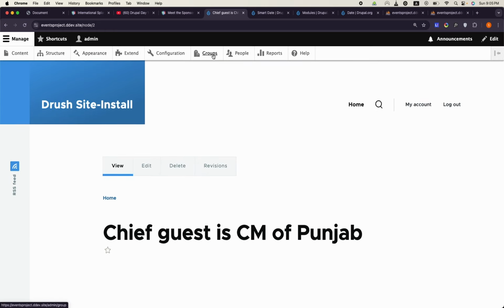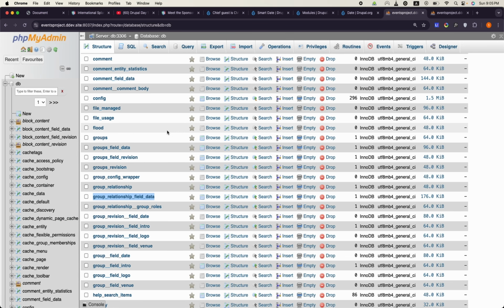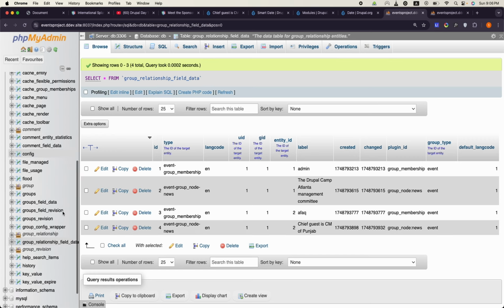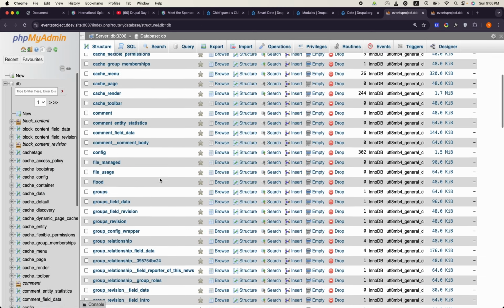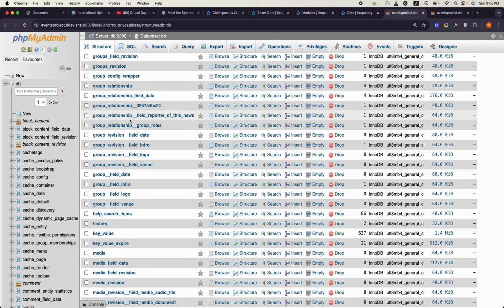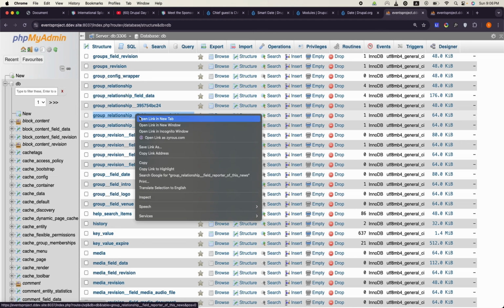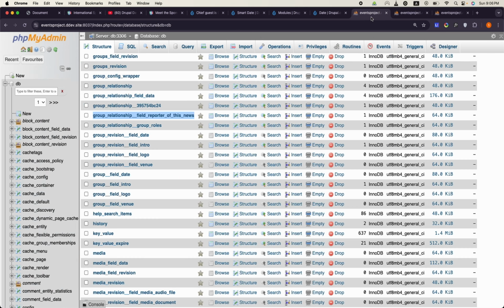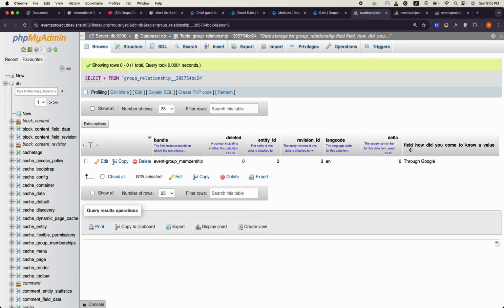So right now we added two extra fields to two separate types, and if we come to the field data, we have the relationship now, but the information is not here at the moment. The label is there, the entity label is there, but the fields are not there. So where will be the fields? Just like any entity in Drupal, it will create a separate table. So these are those two fields. This one, group relationship field, reporter of this news. So this is that field, and the other information is this one,